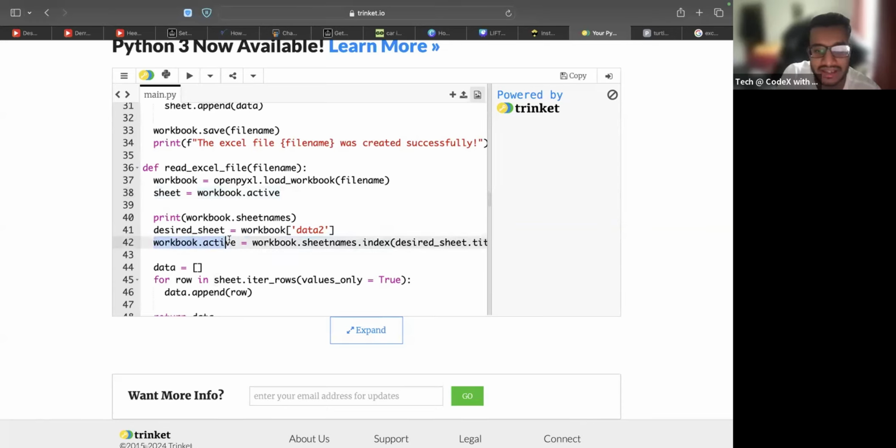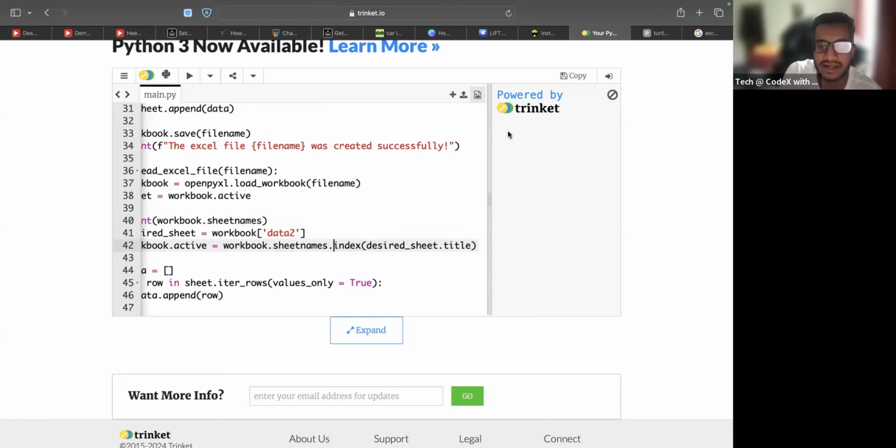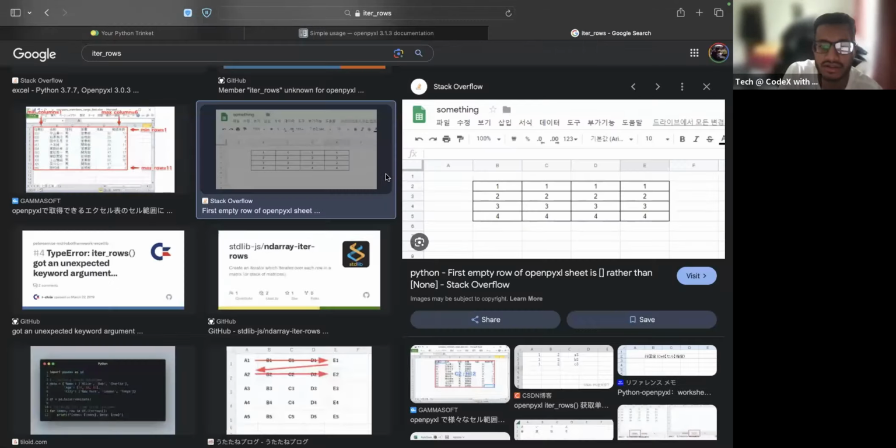So we're going to say workbook.sheetnames. That's how we got all of the sheet names last time. But we're going to say dot index. So we're going to choose the number of which one it is. So if I had here, this index would be 0, this would be 1, this would be 2,